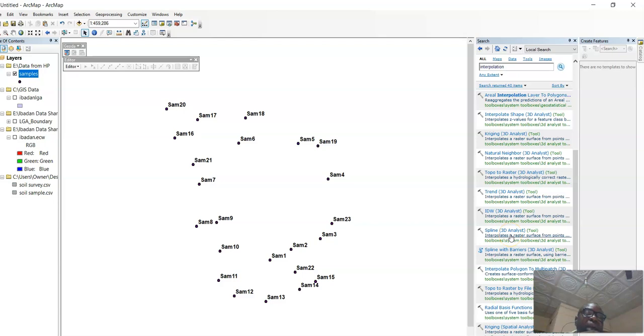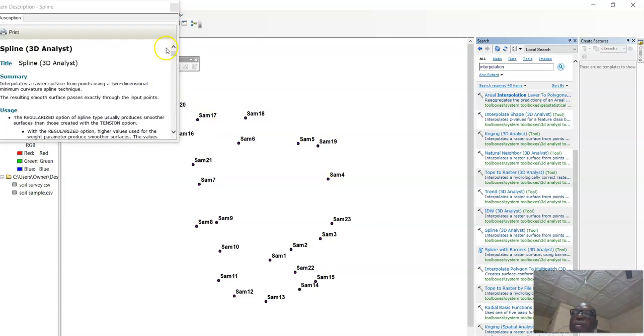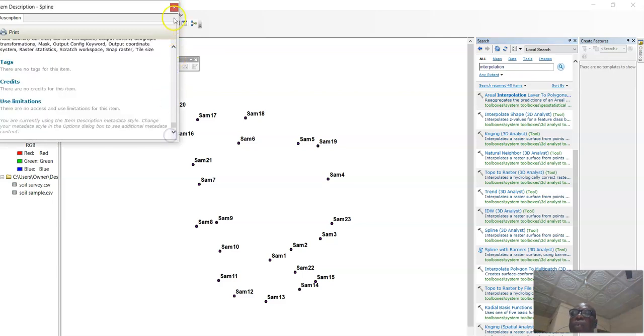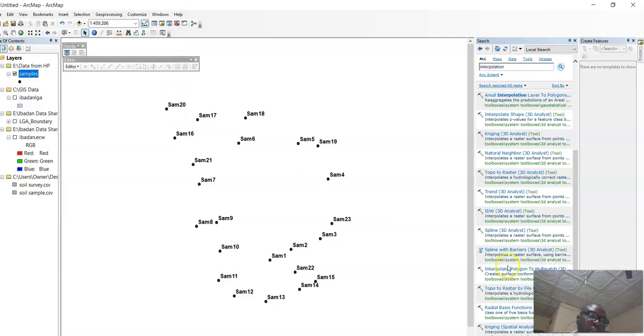The difference is that you can use a barrier to separate, to demarcate or to delimit the surface interpolation. Let's pick this. It's not the one we are looking for. IDW. Okay, we pick it.